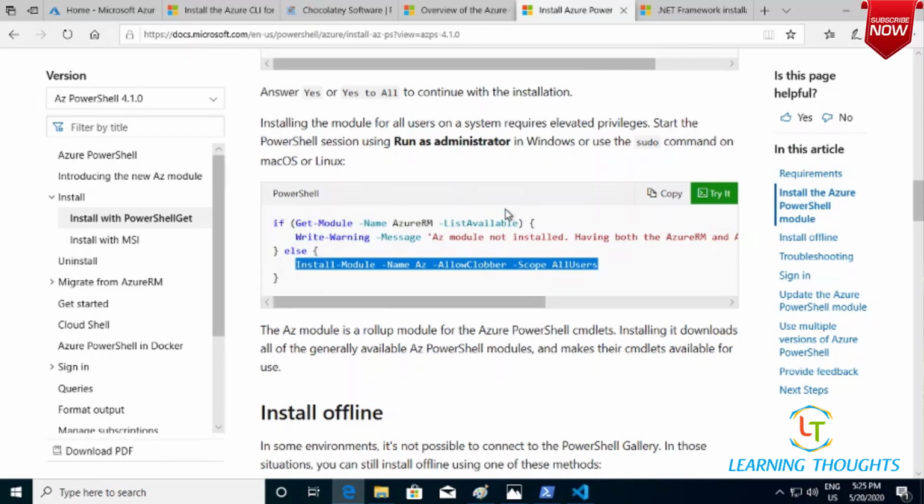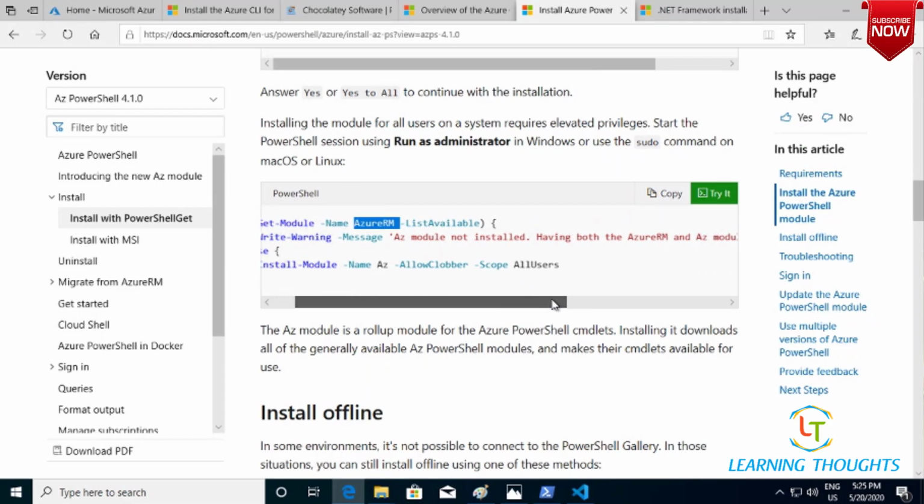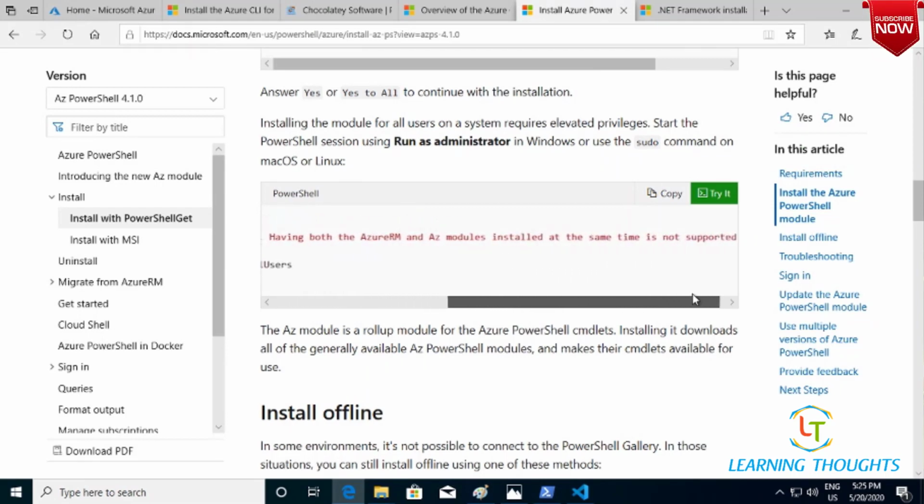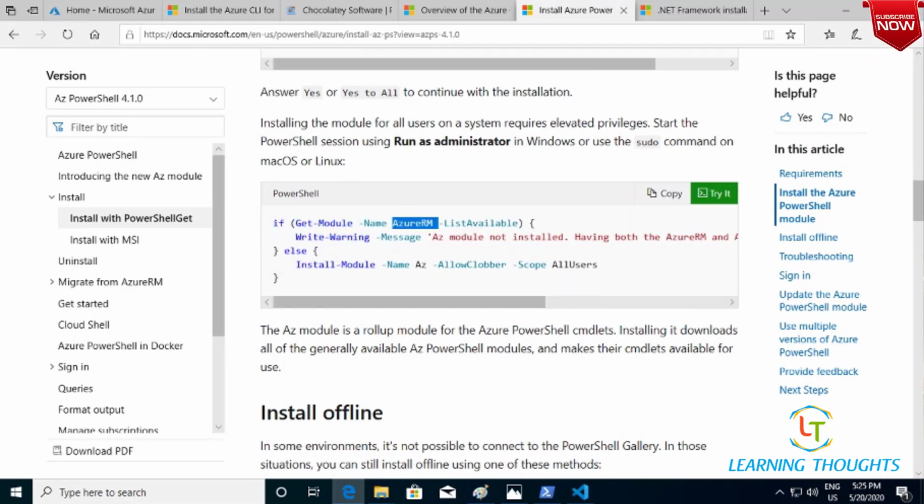Now the context behind this is Azure PowerShell earlier had a module which was named AzureRM. Basically what it is trying to tell us is that whenever you have both AzureRM and the Az module, they might not work together.